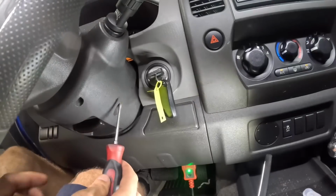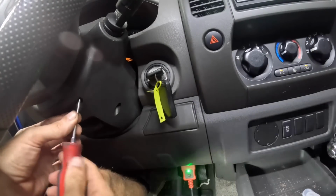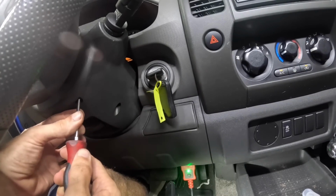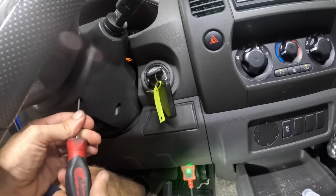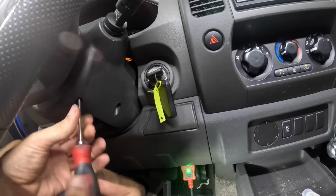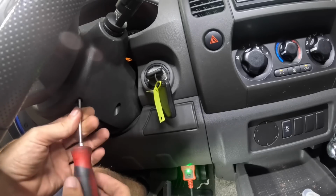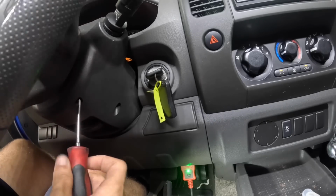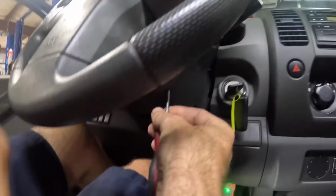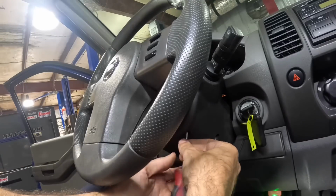issue here. So down here in the bottom of this bezel, you should be finding some Phillips head screws. I believe they're Phillips. Either they're Phillips or Torx. We're going to pull this bezel apart, and I probably need to look in ALLDATA and see how to get the airbag out of this unit on the front here at the steering wheel. There's usually some holes in the side of it, and you'll put like a pick inside of the hole and depress the